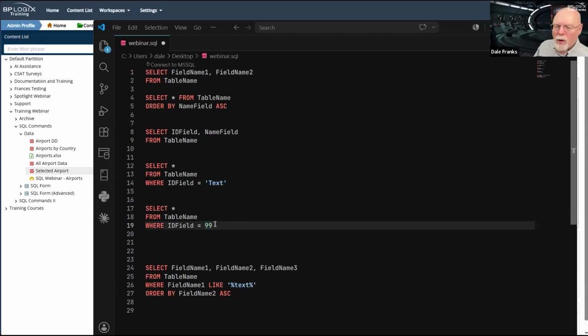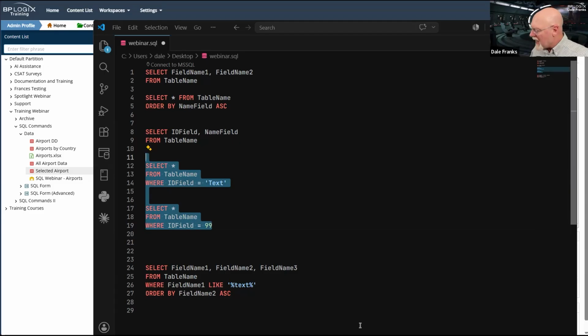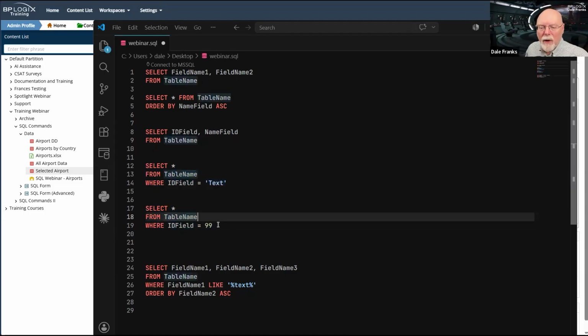So what are we doing with these two statements? Well, these are actually two versions of the exact same operation, but they are slightly different in how we are grabbing data, because sometimes we're looking for text data and sometimes we're looking for numeric data.